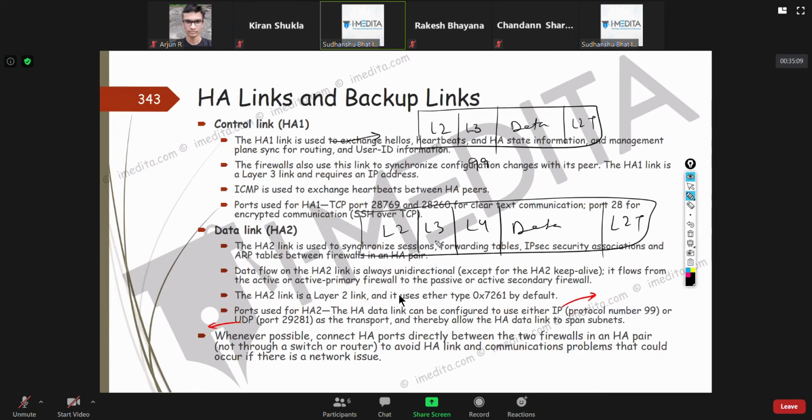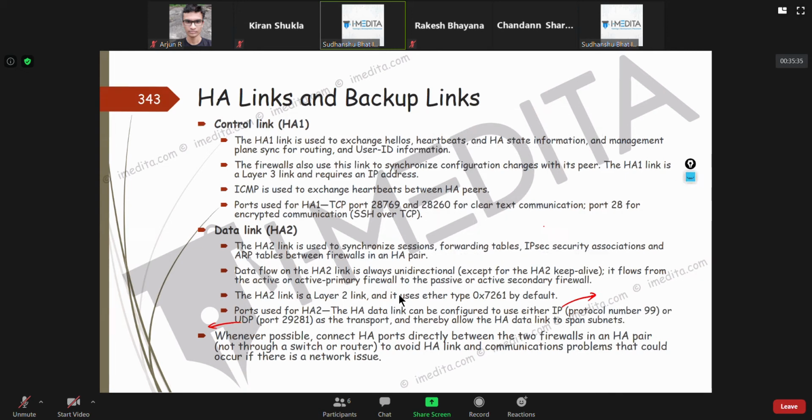Because if you are using UDP, the IP protocol number will be 17. Then you will have the port number here, 29281. If you use UDP, it's an option you choose.